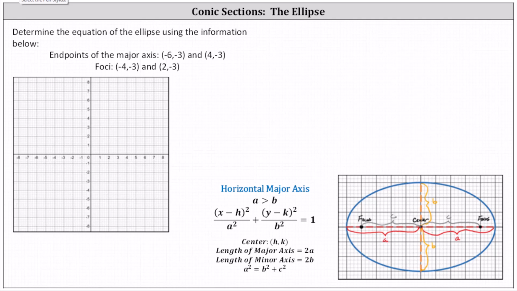Determine the equation of the ellipse using the information below. The endpoints of the major axis are (-6, -3) and (4, -3), and the foci are (-4, -3) and (2, -3). Let's begin by plotting the endpoints of the major axis, which again are (-6, -3)